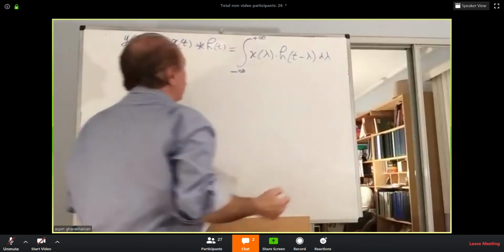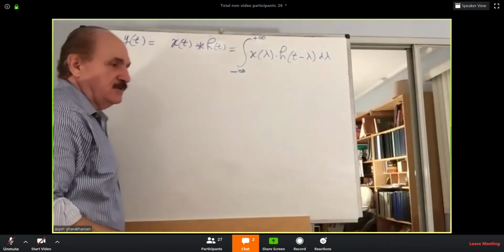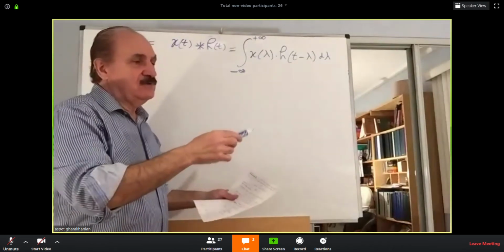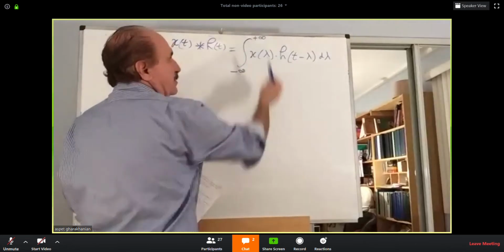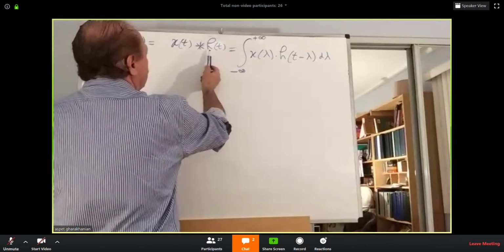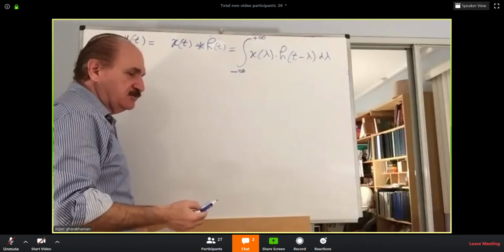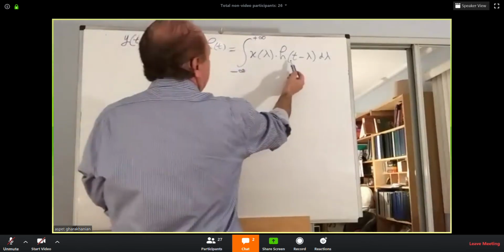Okay. So you have a function of time, for example, x of t. x of t equal to t squared. So here it will be lambda squared. It will appear as lambda. Here you have a function of time, h of t. For example, h of t equal to t. So here it will be